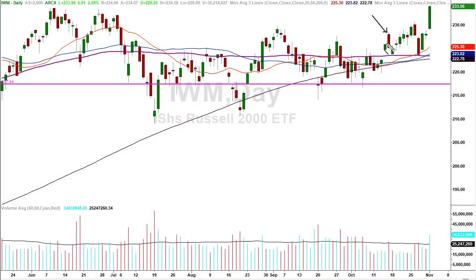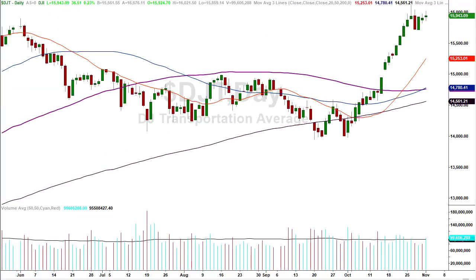I said it at the time, I wasn't buying the story. I think they wanted you to think that was a reversal candle. And then what happens? Here we are about to break out to new highs. They'll be back to 230.50, 231 neighborhood at some point in time, but we can't say they won't go higher